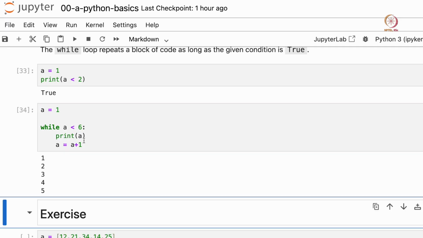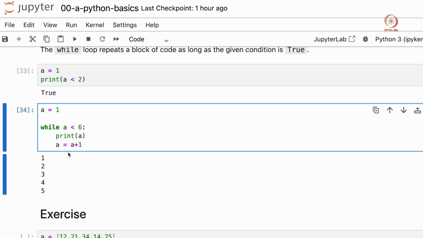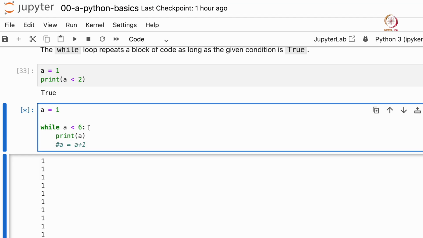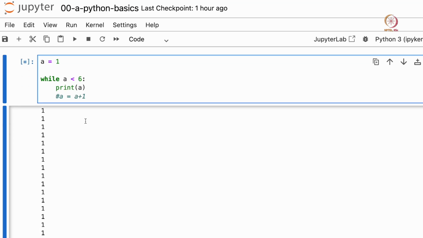So that's what happens, and you should be careful while using while loops, because if you mess up the condition or if you mess up the lines within the loop, this could run forever. For example, if I do not update a, so a always takes the value of 1, this will keep running forever and you'll have to terminate it by force. So let's try what happens if I run this. So it keeps printing 1, and if you make such a mistake, you can just keep your cursor here and press this button, which asks the code to stop. So it will force your code to stop here.